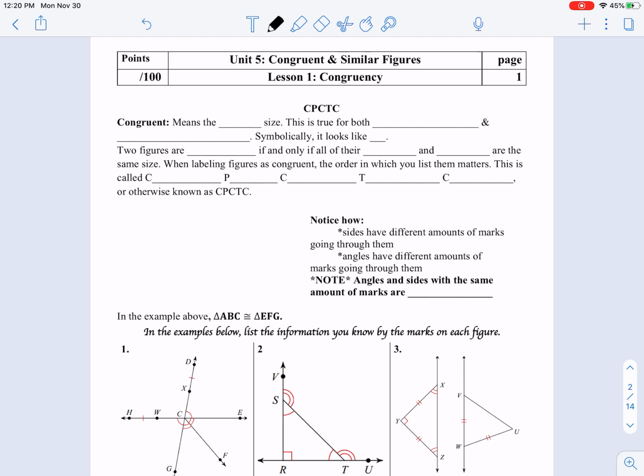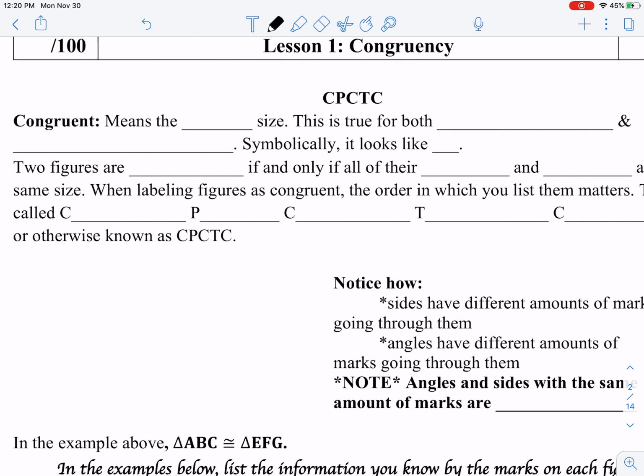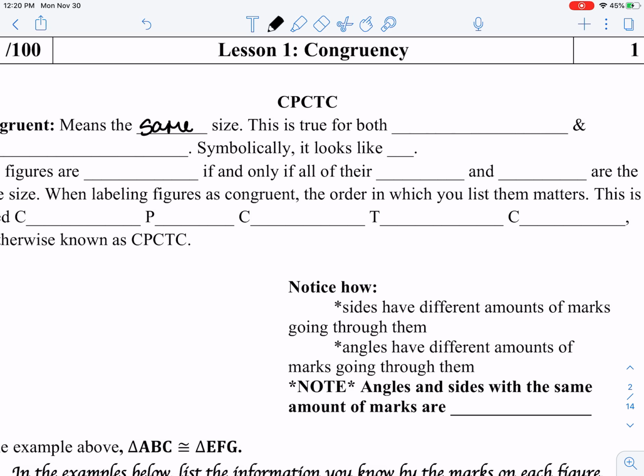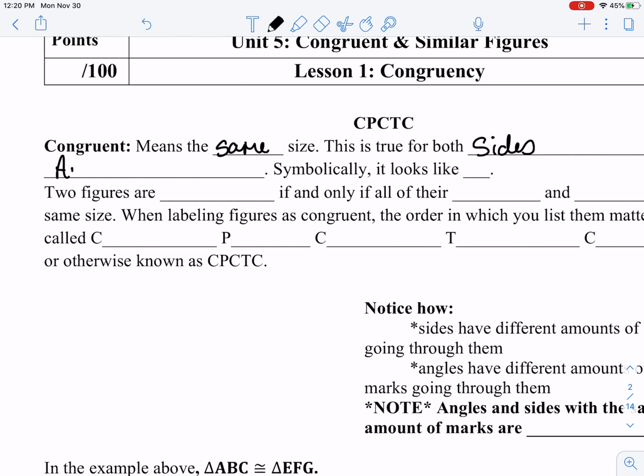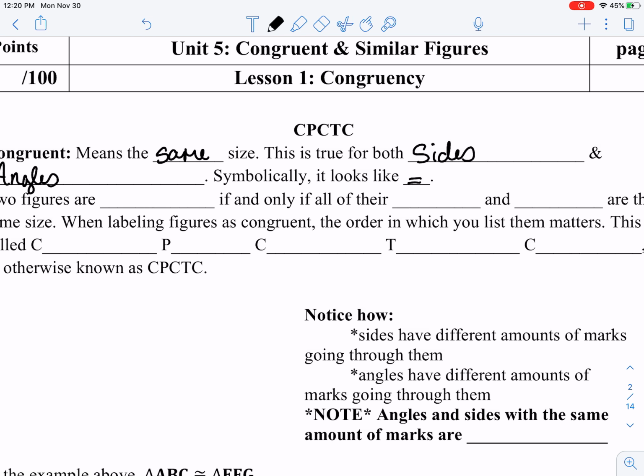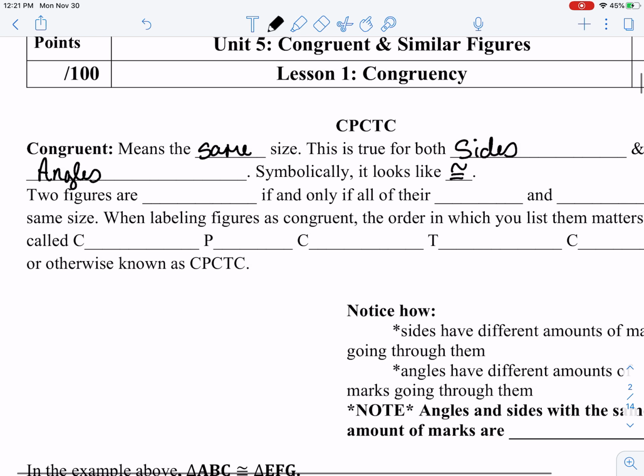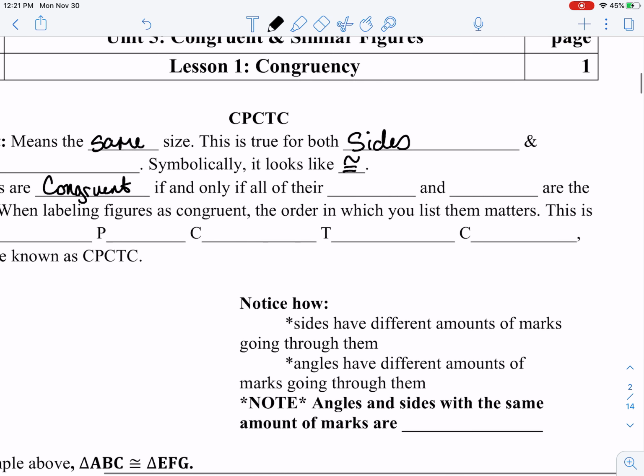Now, what does congruent mean? Okay, it means the same size. This is true for both sides and angles. All right, it looks like an equal sign with a squiggly on top. Two figures are congruent if and only if all of their sides and angles